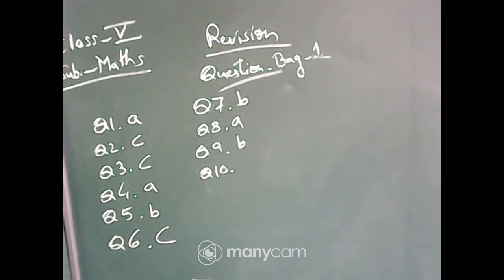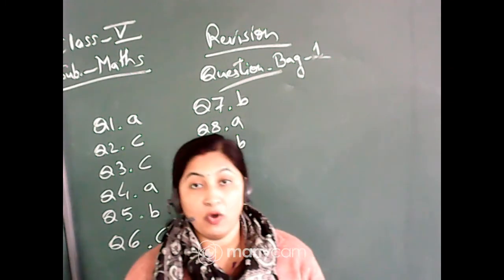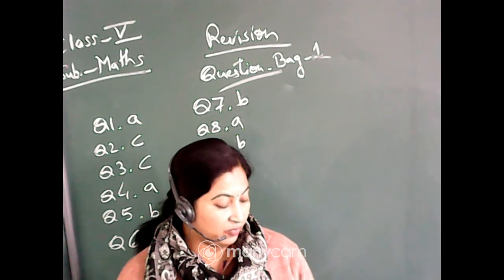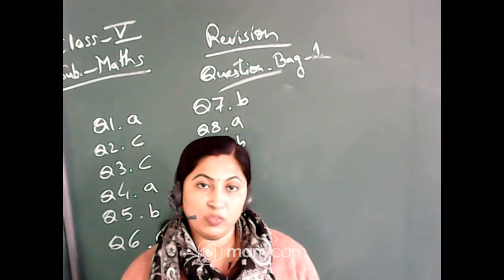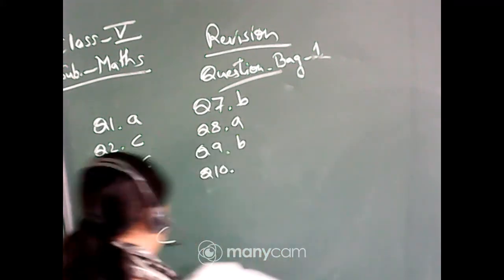Now come to question number 10. 0.213 divided by 0.00213. Here only the points are shifted, isn't it? So you have to divide. Obviously 213, that means ones are. So when you remove the points, see, this is